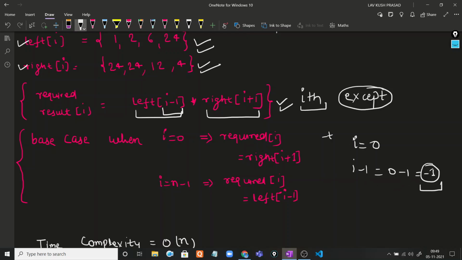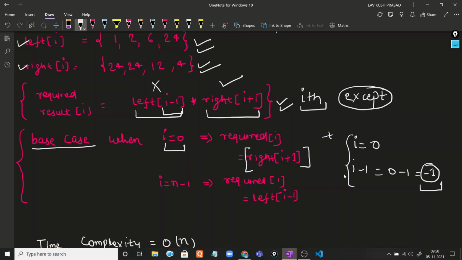So to avoid these kinds of situations, we use some base cases. And what was the base case? If i is equal to 0, we can discard the left part and only include the right part. So for i equal to 0, we include this part.